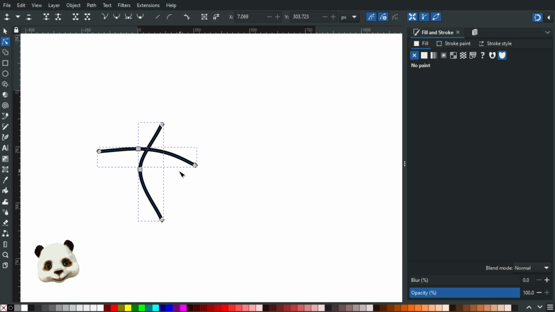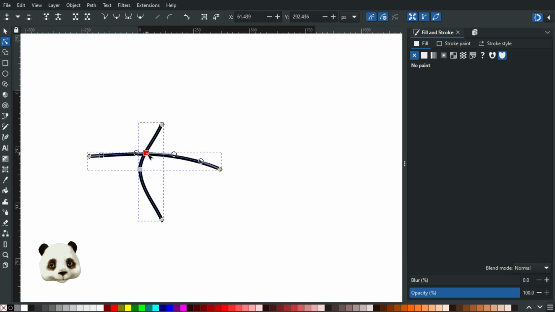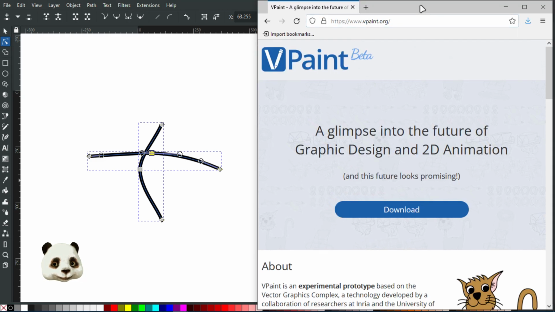And that is because Inkscape is built this way. And for most people, it doesn't make much sense to do this. But when it comes to animations, that's an entirely different beast. So in comes VPaint,